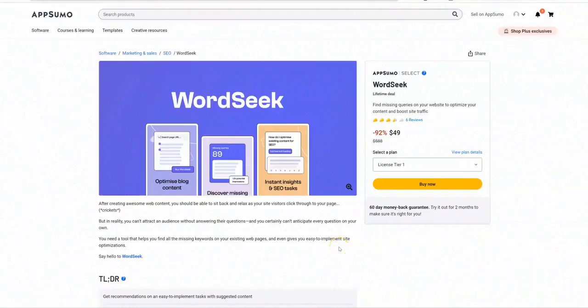All right, let's jump into this WordSeek review. So I'm going to be checking this out. This is software that lets you find missing queries on your website to optimize your content and boost site traffic. Something that I feel like I've thought of before, obviously not taking action and going and hiring developers and so forth,